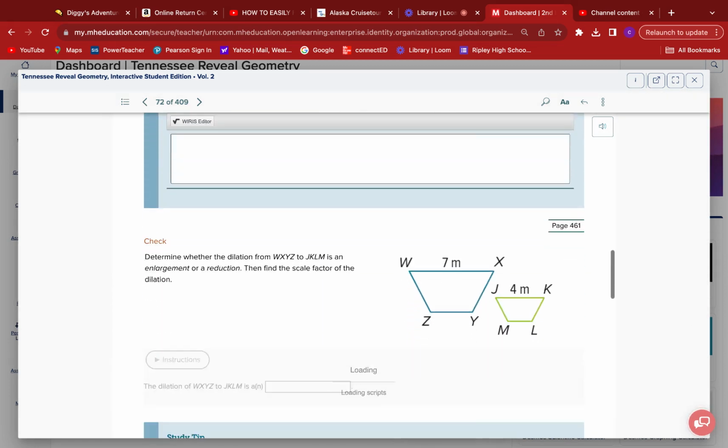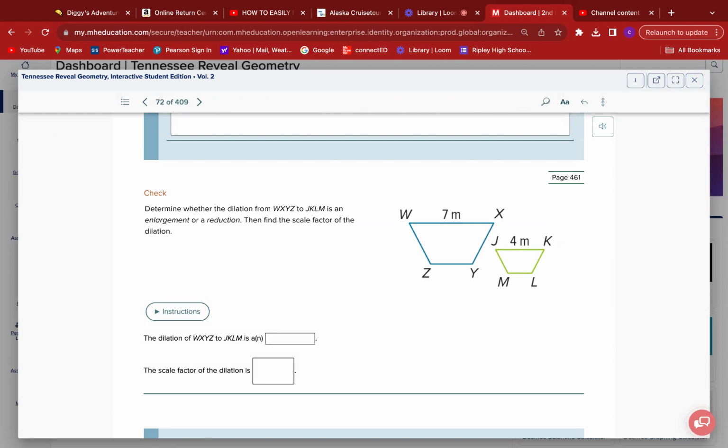All right, so looks like we're done with example number 1. So I'm going to turn the page and do my check. I'm on page 462 of your workbook. All right, and they say we got a dilation from this WXYZ to this JKLM, and to me it looks like a trapezoid. They want to know if it's an enlargement or a reduction, and this is most definitely a reduction because from the original, by the way, we call that the pre-image, to the new figure, again, we call that the image. This is a reduction in size, so it's a reduction